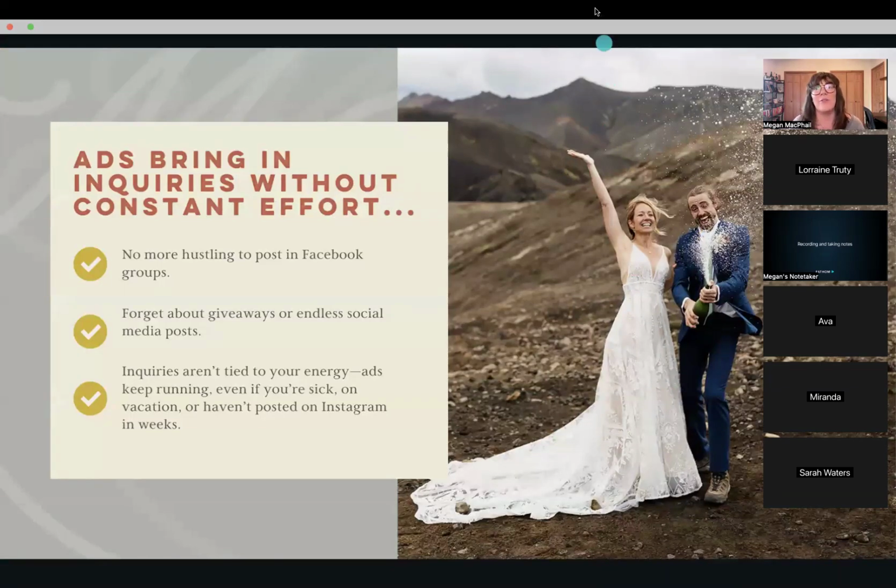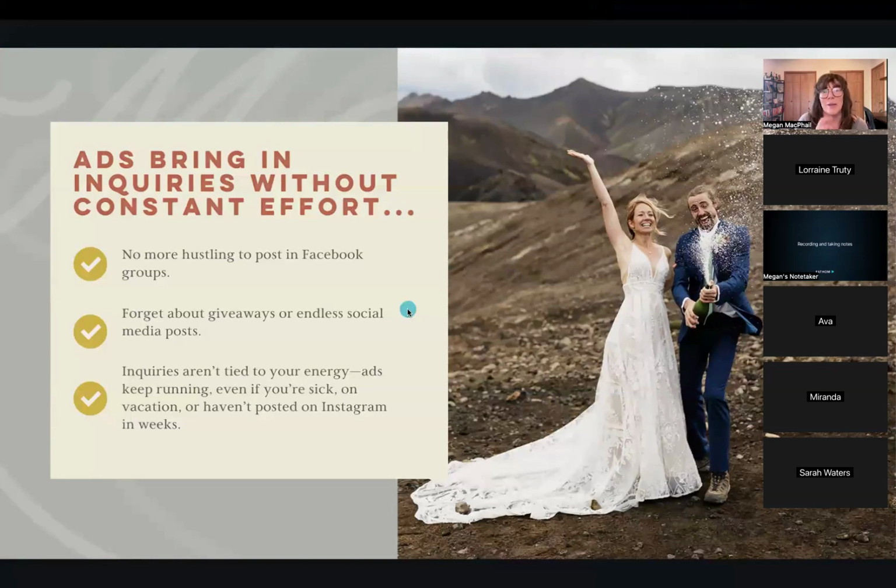And my favorite part about paid ads, Google Ads, is that they don't require constant effort on your part. They are running in the background. You don't have to go into Facebook groups and comment hoping that somebody books you. You don't have to do giveaways or free engagement sessions trying to hook somebody, and of course you don't have to hustle on social media.